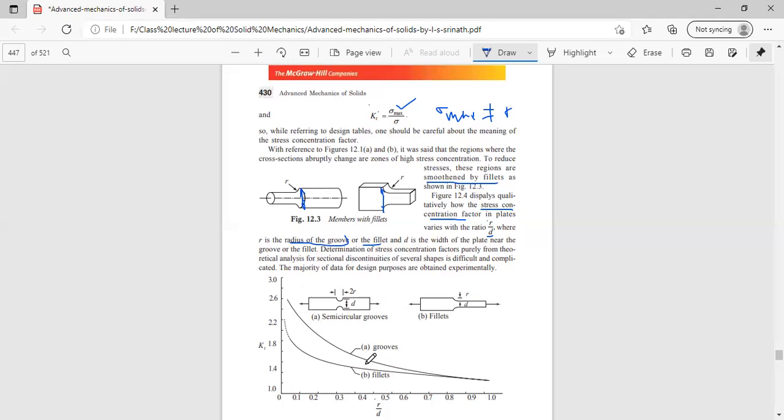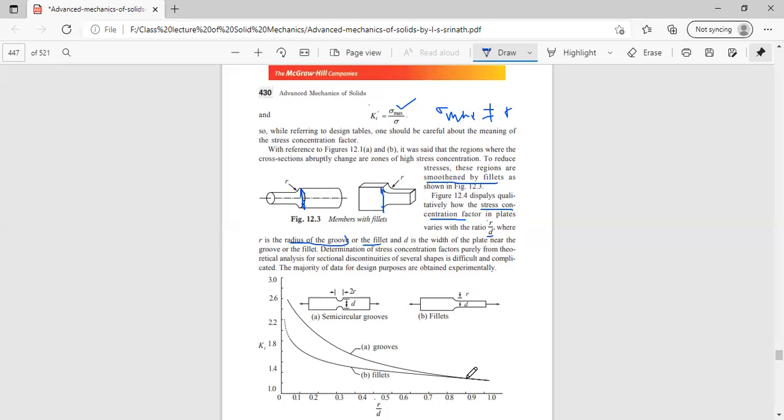Like this here. What we are saying, looking here, is that we are getting two curves, where the stress concentration factor is given for fillets for a particular ratio of D by d, and also the stress concentration ratio near the groove itself, which is much higher than the stress concentration near the fillet, but somewhere at a higher ratio of radius to the diameter,